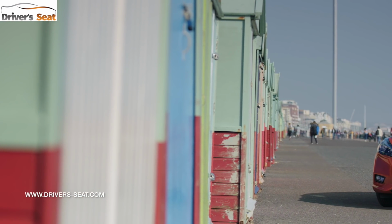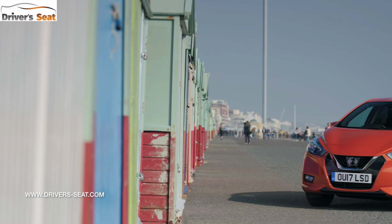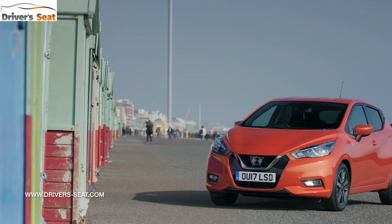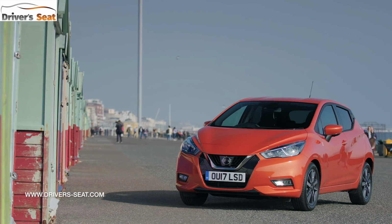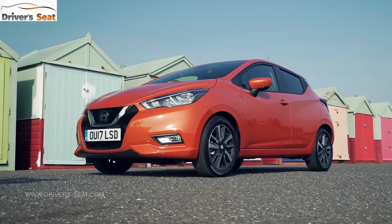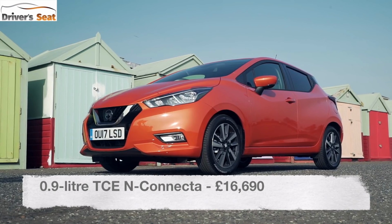The engines you can choose from include a 0.9 litre TCe turbocharged petrol. There's a naturally aspirated petrol as well as a 1.5 litre dCi diesel. Now all engines come with a 5-speed manual gearbox as standard, however an automatic will be introduced later in the year. Today we're testing the 0.9 litre petrol in N-Connecta trim, which costs